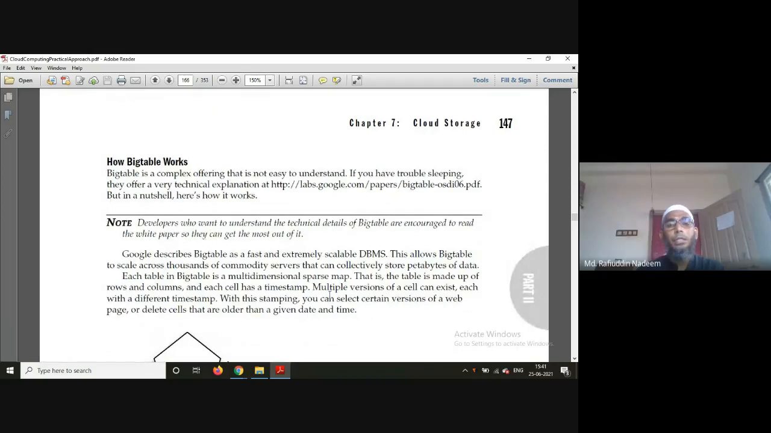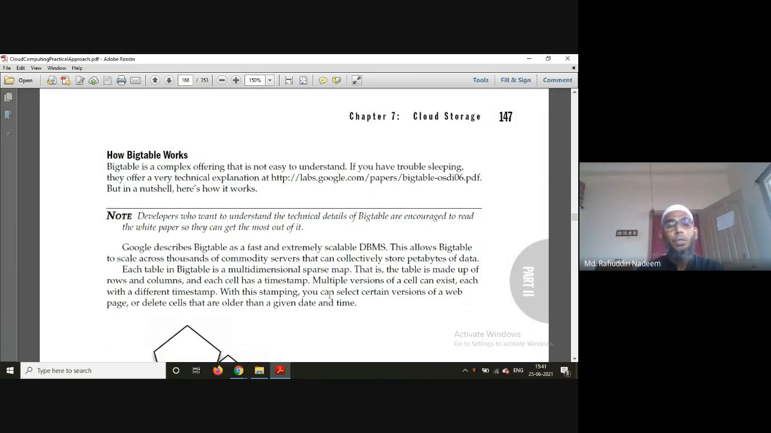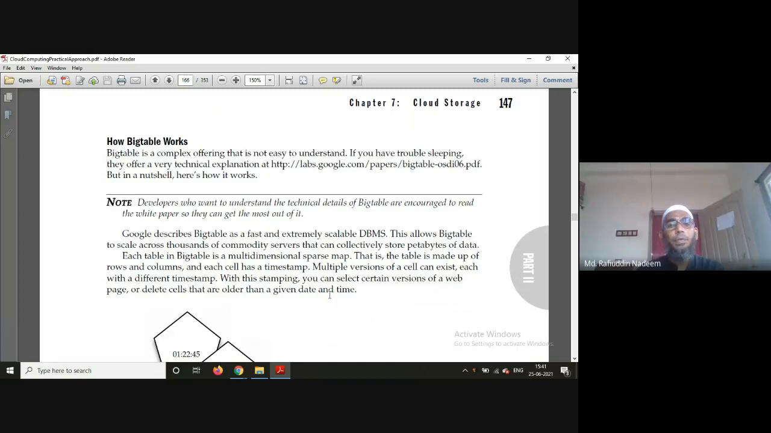Next, let us discuss how it is going to work. It is a very complex algorithm which is designed by Bigtable. Google describes Bigtable as a fast and extremely scalable DBMS. This allows Bigtable to scale across thousands of commodity servers that can collectively store petabytes of data. So what we are doing here is we are using